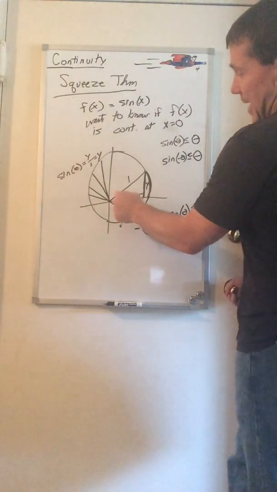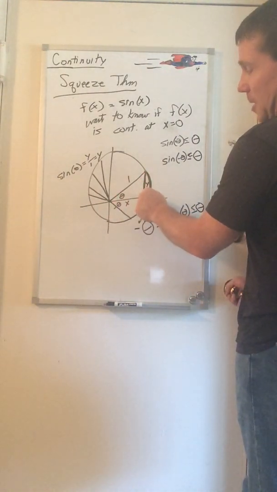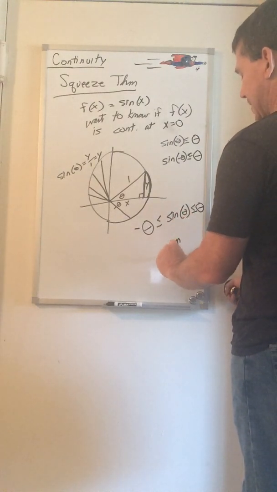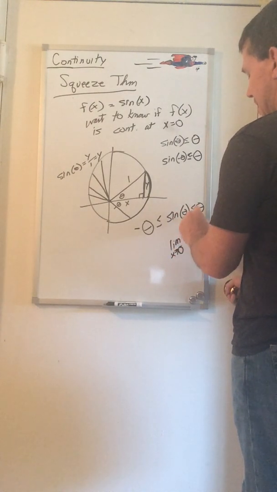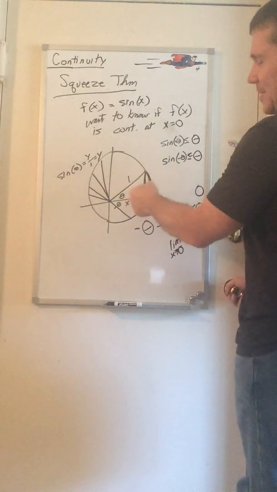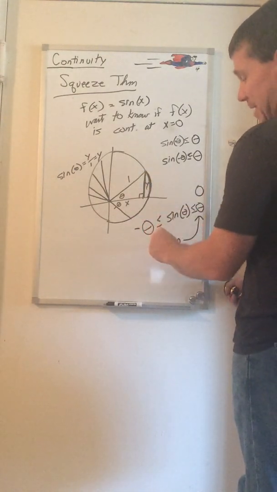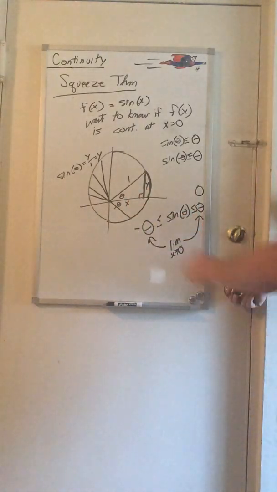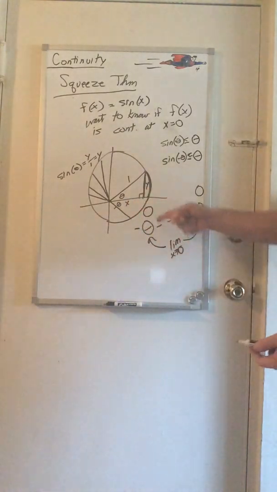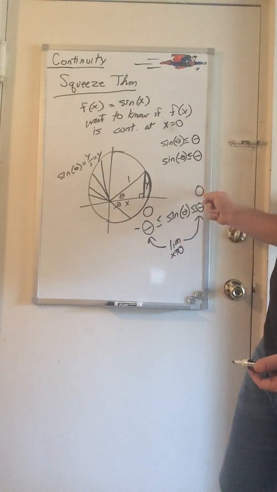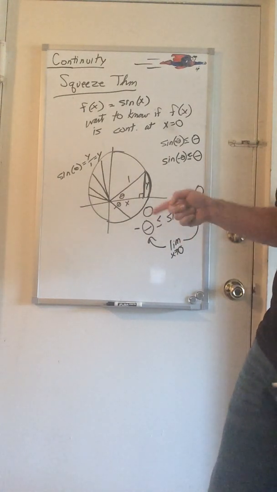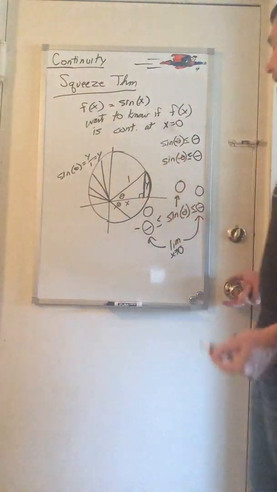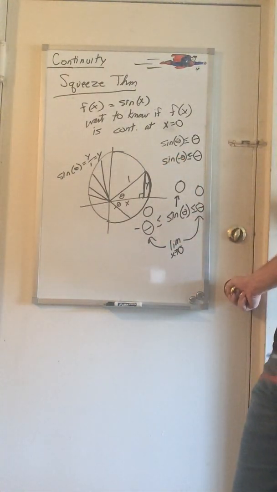But now clearly, as these thetas get smaller and smaller and smaller, as I take the limit as x approaches 0, that one will approach 0. The arc lengths get smaller. This one, as the arc lengths get smaller, that'll also approach 0. Which means this approaches 0, that approaches 0, this is in between them. By the squeeze theorem, this thing has to be 0, which then will tell me